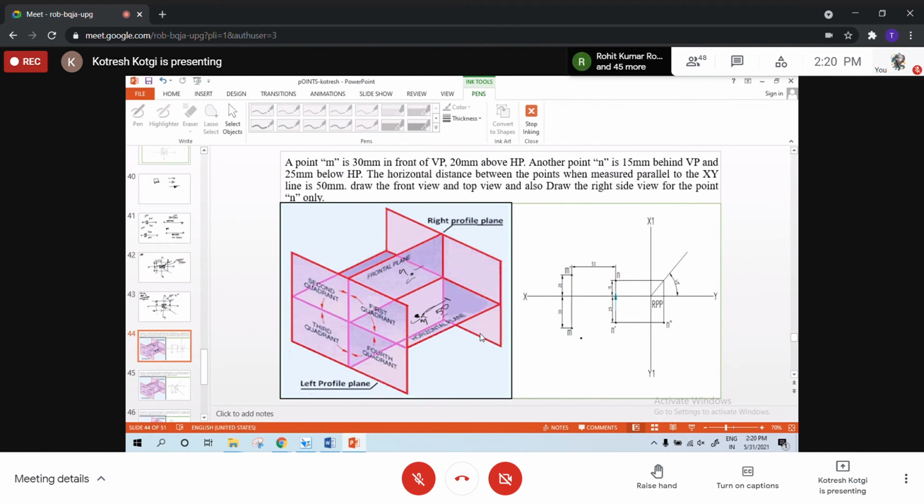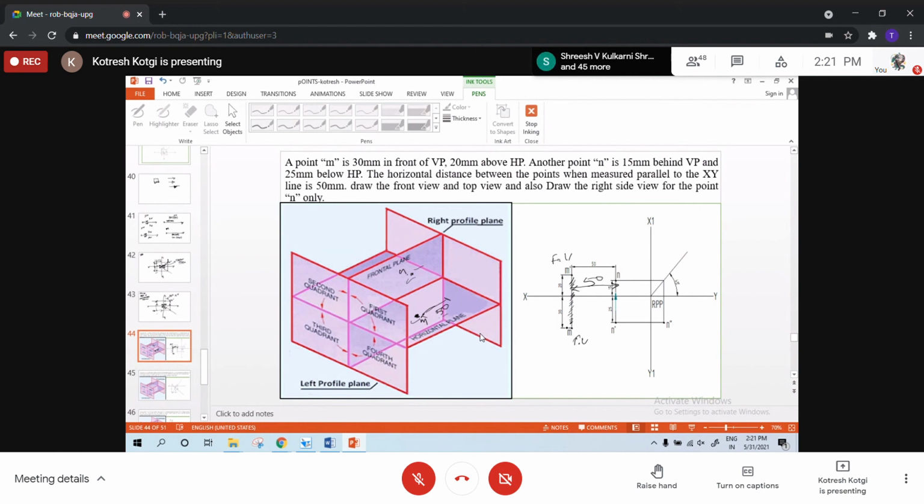You see, the solution I also have here. You see here, front view and top view of M, it is in the first quadrant. So front view will come above XY line. This is the front view of M. Top view will come below XY line. This is the top view of M. After that, if you measure the distance along XY line, see here, this is 50. This line, whatever I am just showing, it's the end projector. We have used that word in the previous problems also, right? What is that end projector?